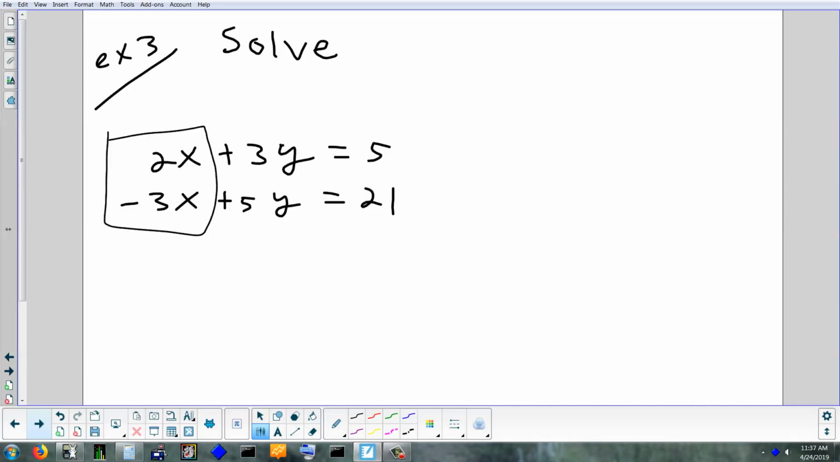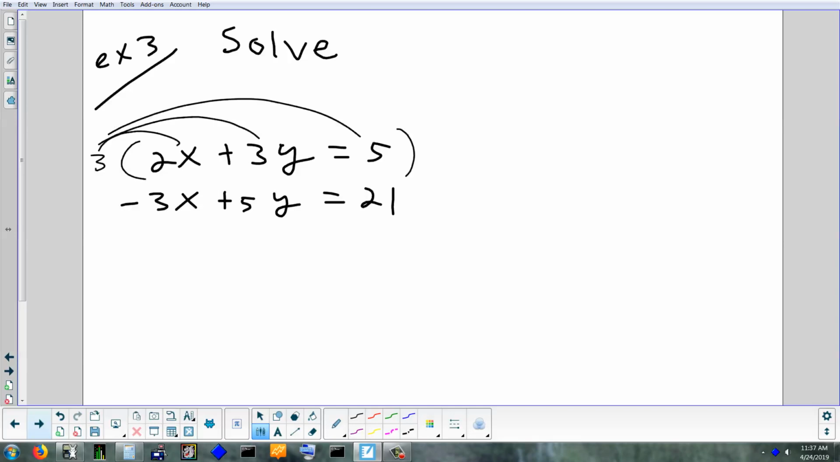In both these cases, 15 is the smallest number for the y's, and 6 is the smallest one for the x's. Okay, so what would we multiply the top equation by? Yeah, I would multiply it by 3. So I'm just going to put like a distributive property. And what could I multiply the bottom equation by? Yeah, 2. Okay, so if I multiply the top equation by 3,